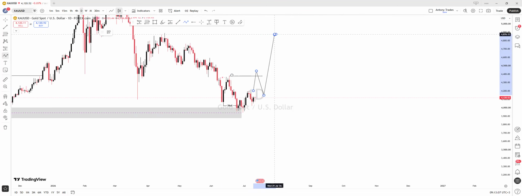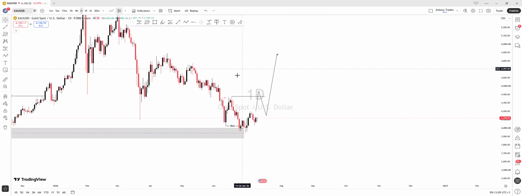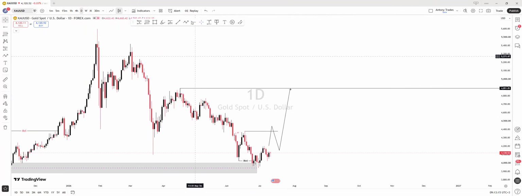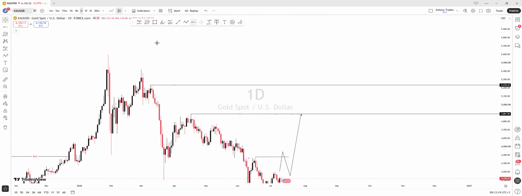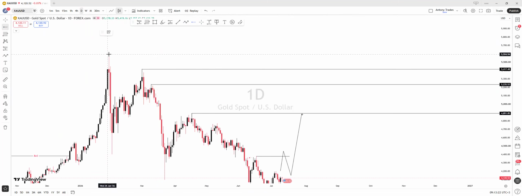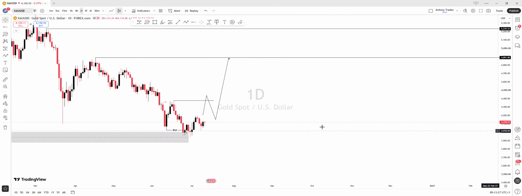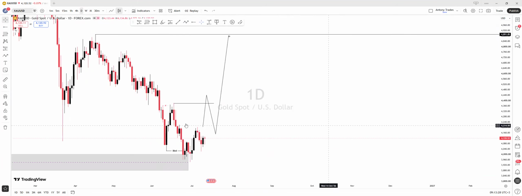Once we have that, it might be a signal or an indication that gold will be coming up, and all these highs that it left here will become liquidity. We might be expecting gold to come and take out this all-time high with time. But since this is what we are seeing,